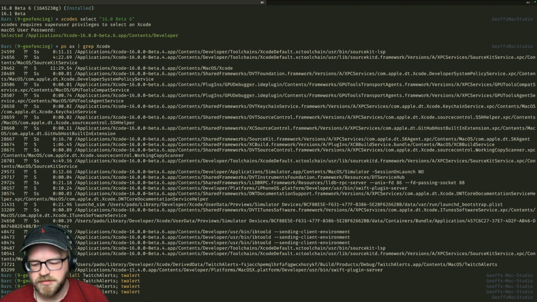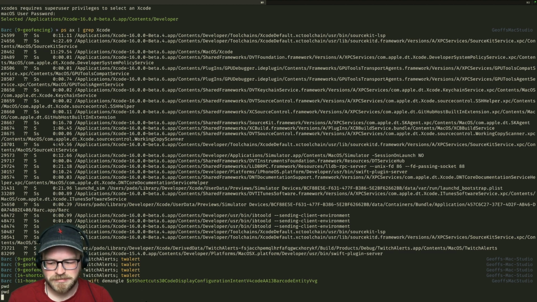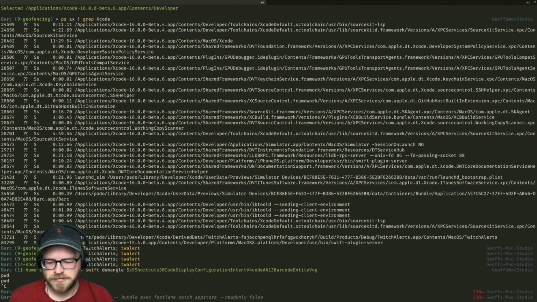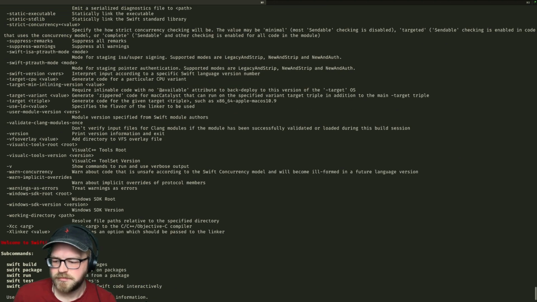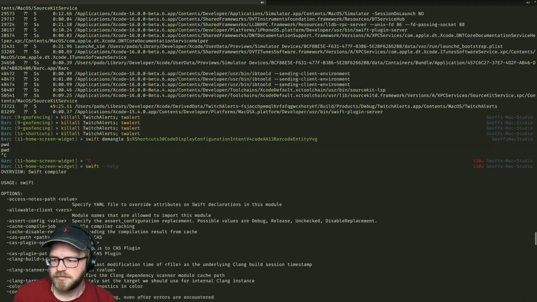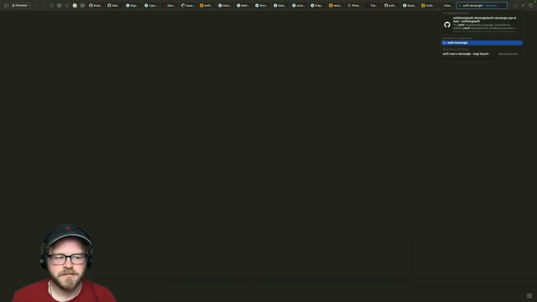Swift demangle. I thought that was what it was. Swift demangle.